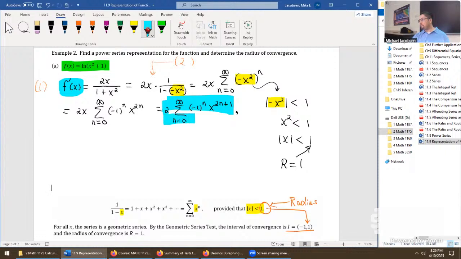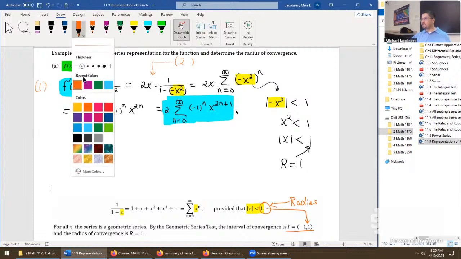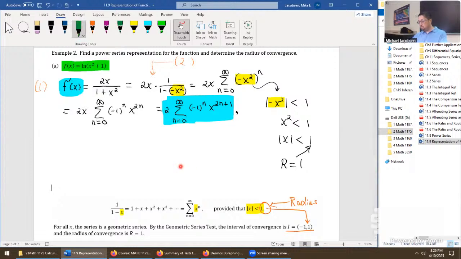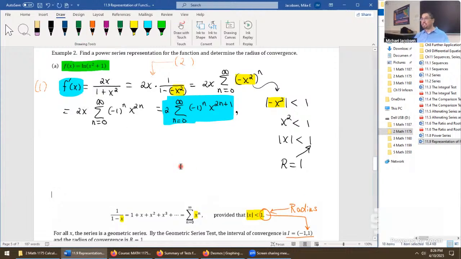Here's the derivative f prime. But what we wanted was f of x itself. Actually, it's not too bad. Here's what you do on this step. It's confusing at first, but we have to remember if you integrate a derivative, you get back to the original function and an arbitrary constant that we have to solve for this time. So we can now write that f of x is the integral of f prime of x